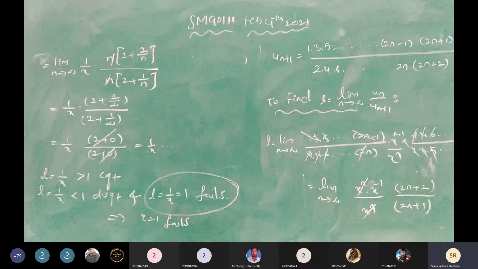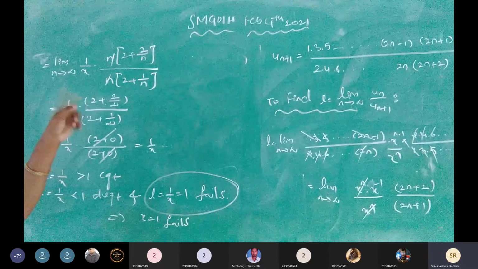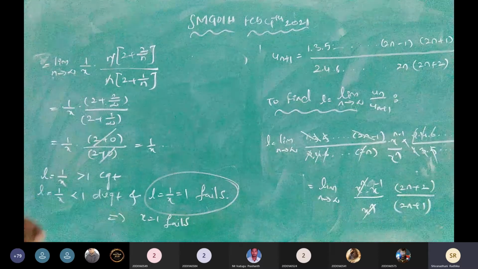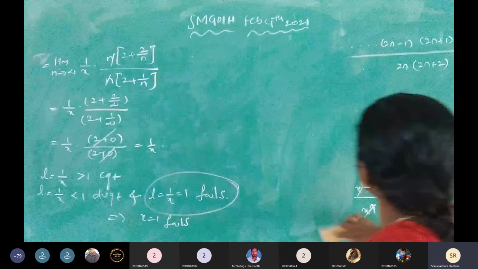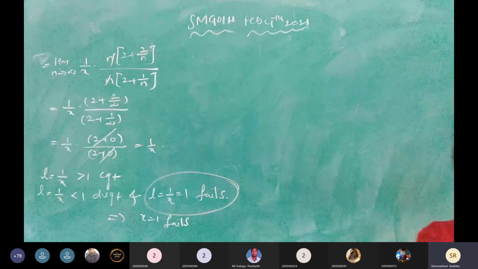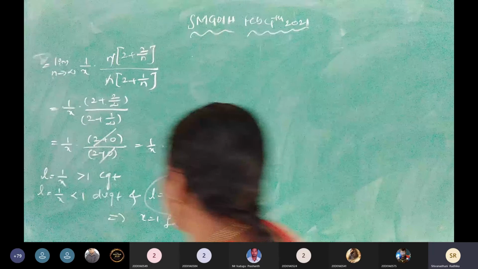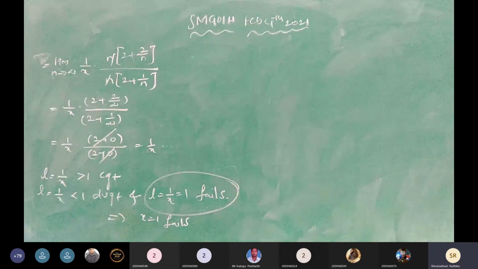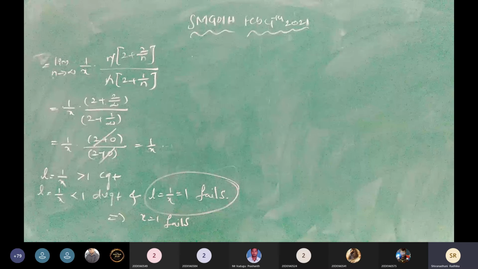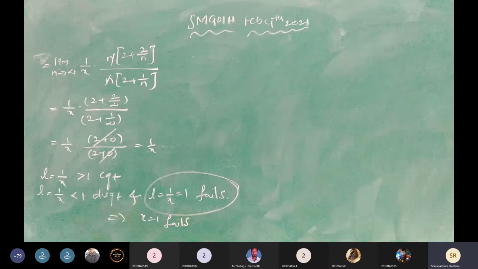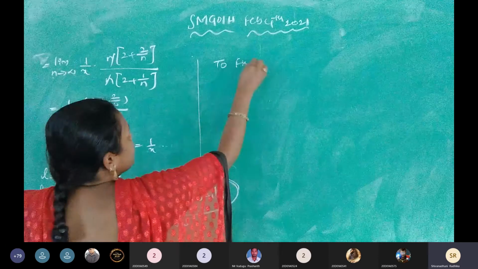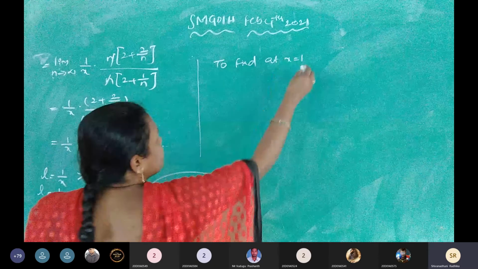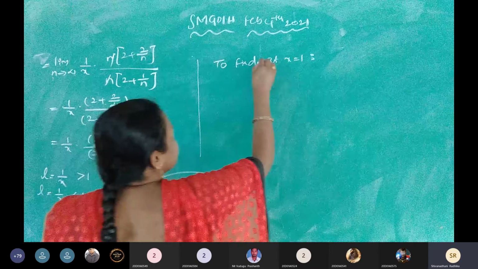Now we need to find at the point of x equals to 1 whether the given series is convergent or divergent. We need to find by using the previous methods of comparison, either P series. You can use any method, either comparison test or P series, and the combination also we can use. And what is Un here? What is Un? Un equals to. Now to find the given series at x equals to 1.